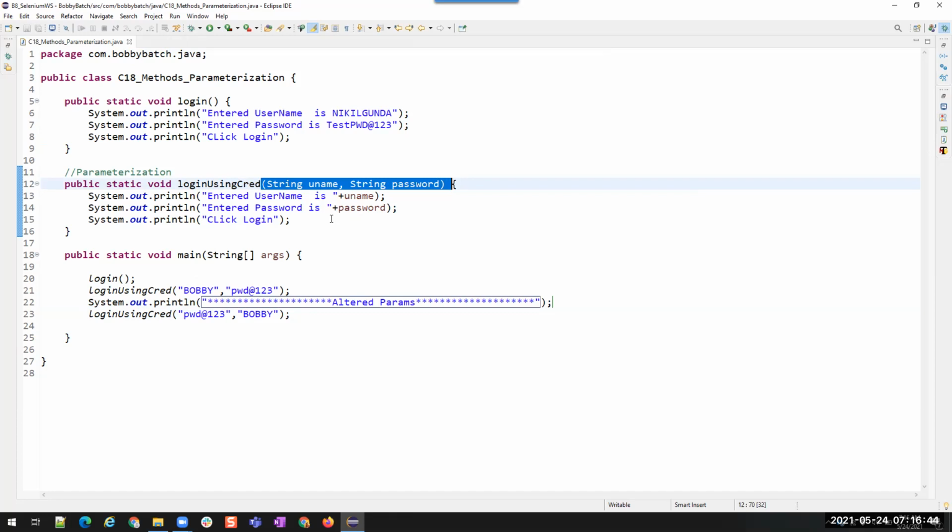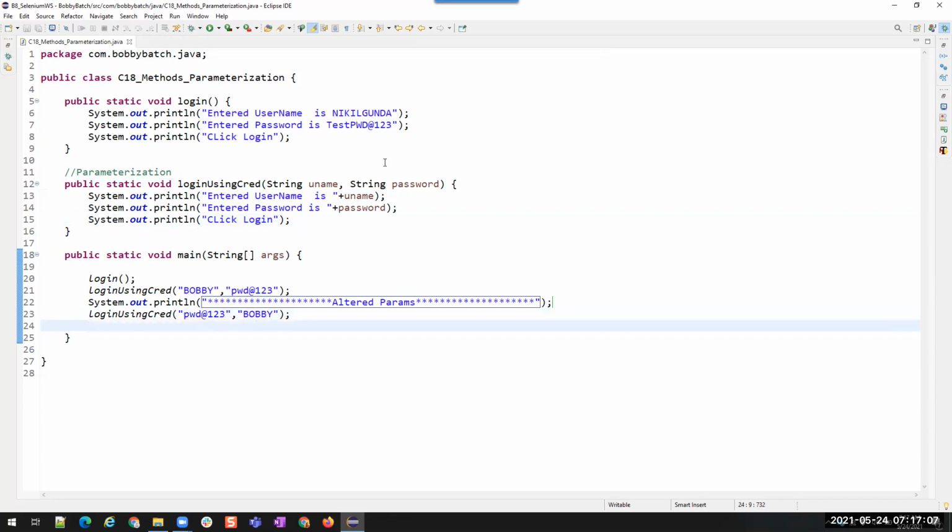How to use parameterization? So this is how we pass these parameters, and the order should be retained. Whatever the order of the parameters you mentioned inside the method parameters, pass the parameters in the same order.